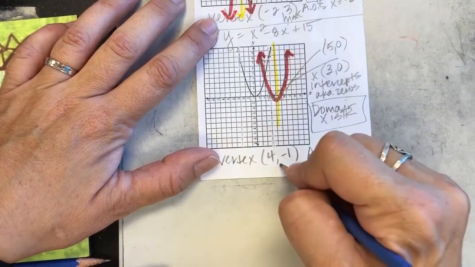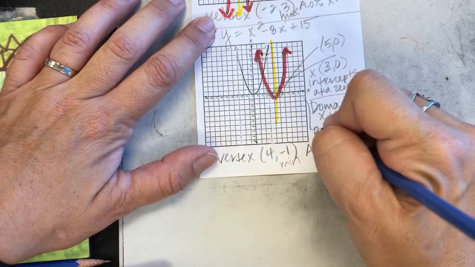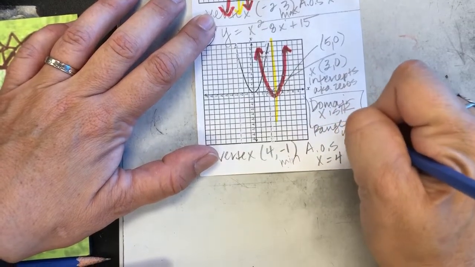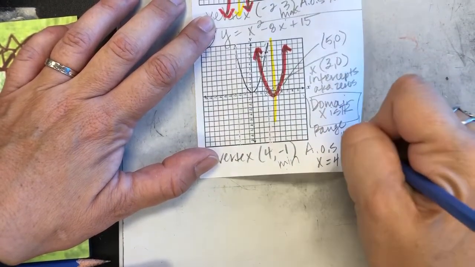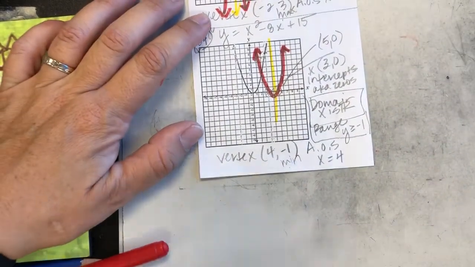And then we have a minimum. The lowest y value is -1. So the range is y is greater than or equal to -1. And then